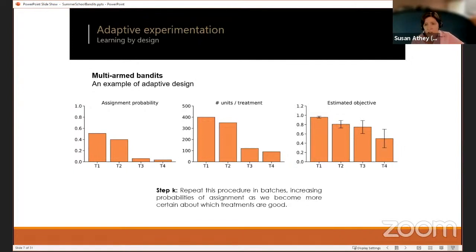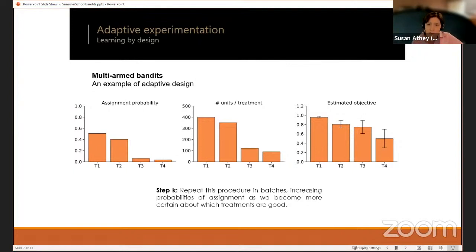The advantage of this is that at the end, we could go back to a partner and say, hey, we've got this arm and we're pretty confident how well it works. We really understand this arm well. We've collected a lot of data about it. There's very little risk in using this arm. And we're also pretty sure it's the best arm. And by the fact that we've allocated more data to the top two arms, we're also more confident in being able to distinguish arm one and arm two. If the data had been equally allocated, we might have a harder time telling apart arm one and arm two. So that's basically the idea of an adaptive experiment.